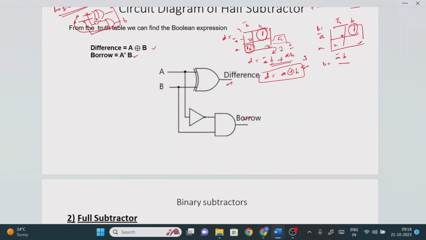Remember the steps you have to follow in the design. The first step is identification of the inputs and outputs. The second step is to draw the truth table. The third step, from the truth table, is to find the minterm representation. Then we find the logic expression using the K-map method. At this step you get the minimized version of the logic expression. Once that is done, using this logic expression we draw the circuit diagram.